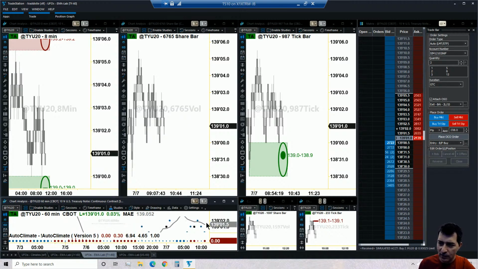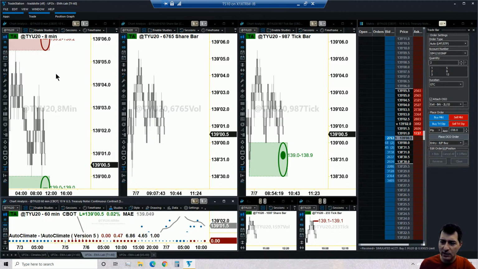So I wanted to uncover the value of the EMA here, 139.015. Okay. So notice that, let me freeze the screen. Notice the current price is 01. So right above that, one tick above, we need a red UFO. And unfortunately, none of those edge time frame charts are providing any red UFO. Okay, the nearest red UFO is all the way there on the top, which certainly is not lining up with the EMA.